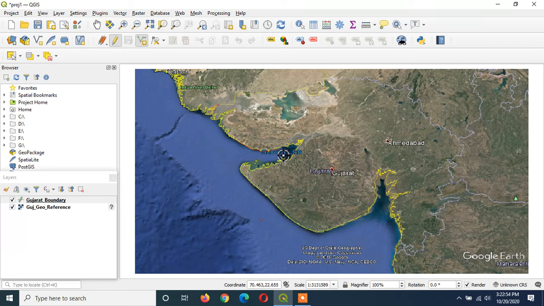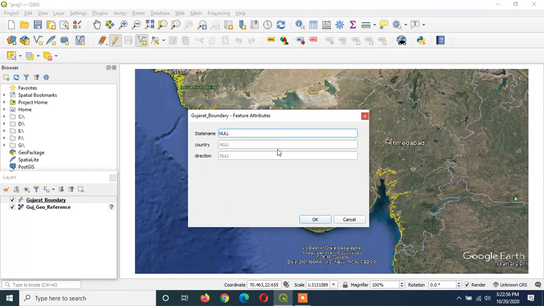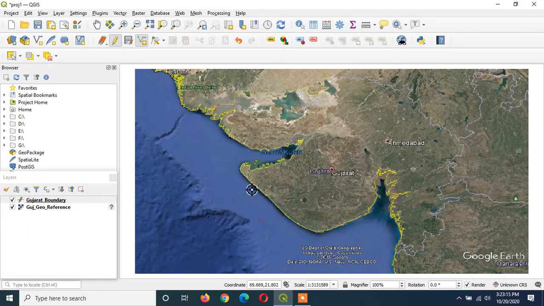So after you are done, you have to right click, then you can provide field values which are related to this line, country India and direction, let's say. Click on OK. So this line has been added.